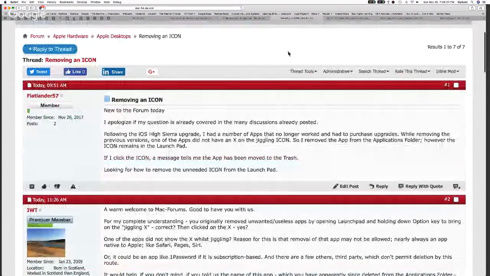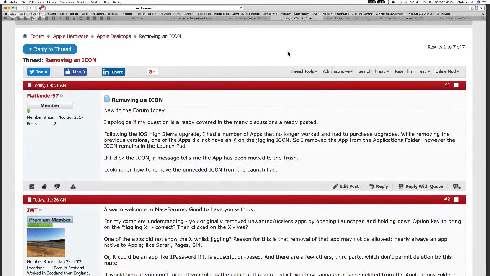Now, this is an interesting one. It's pretty basic, but it's not the kind of tip that I assume that everybody knows. Here's what happened. Flatlander57, once again, great username, posted about removing an icon.